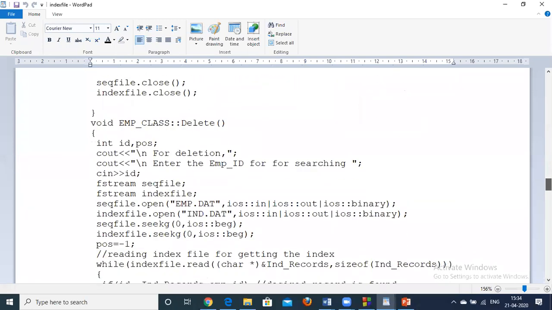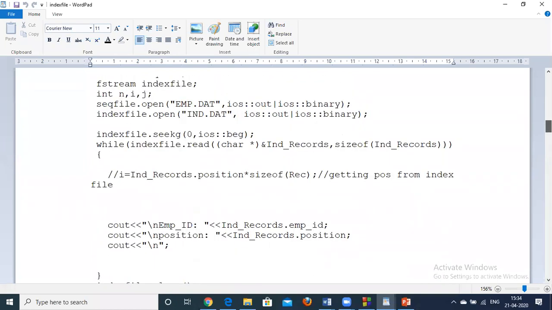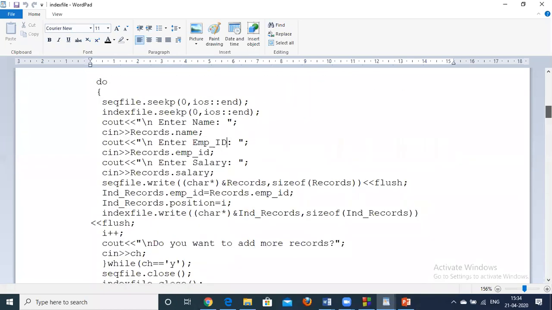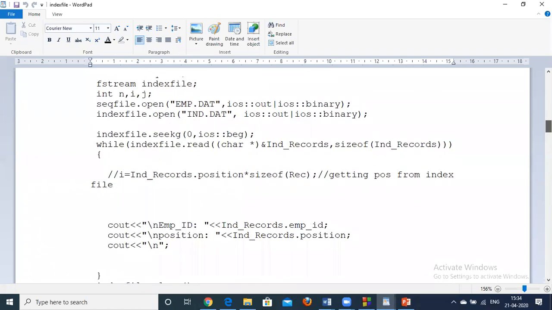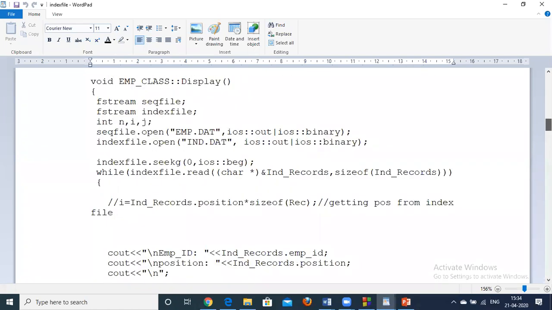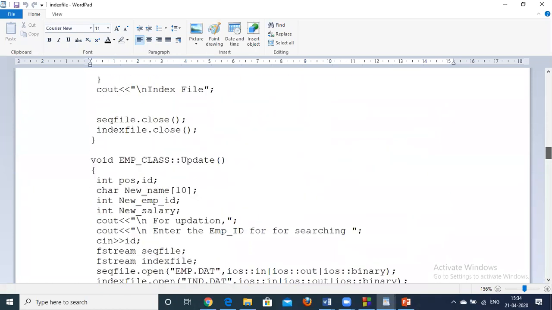you have to search a record. Searching will first be done on the index file, and then in display you have to display both the files, the index file as well as the data file.